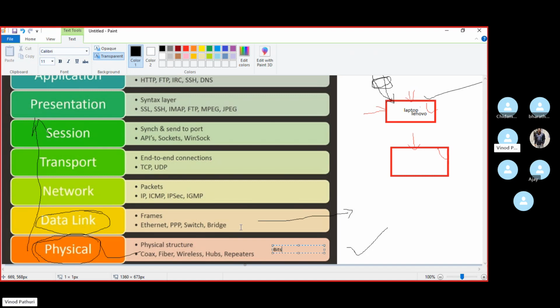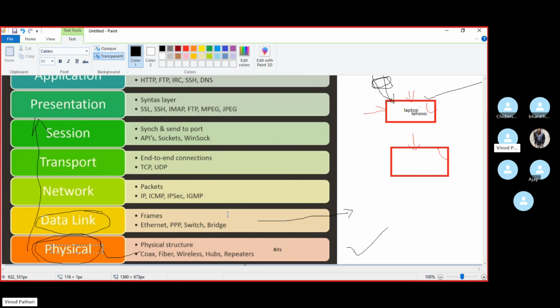And in the data link layer, it is the switch. The switch is a layer 2 device. Usually layer 1 is your physical or cable or something like that, and layer 2 switch is a layer 2 device, and here your data will be called a frame. So it will send the zeros and ones through the physical layer.